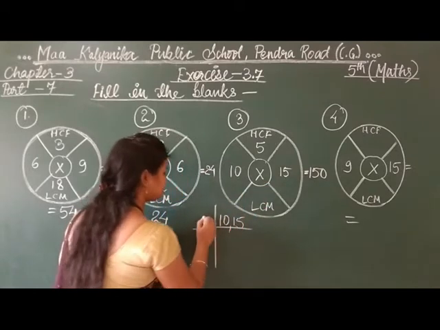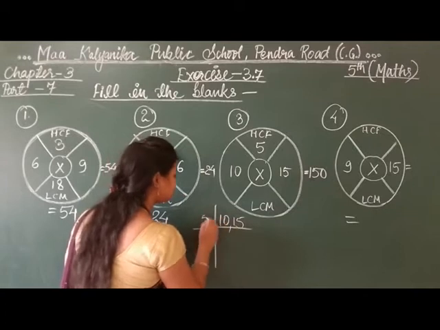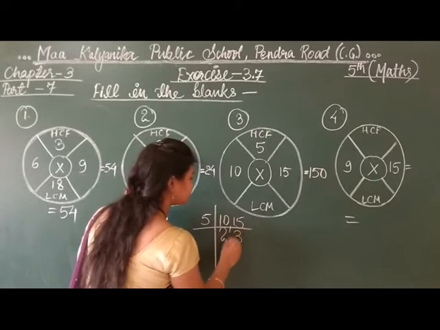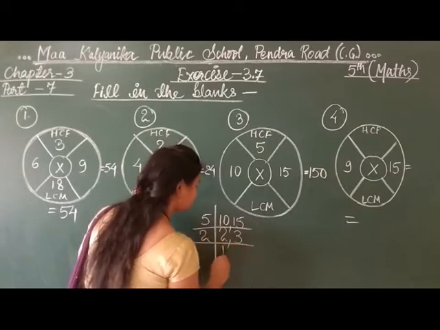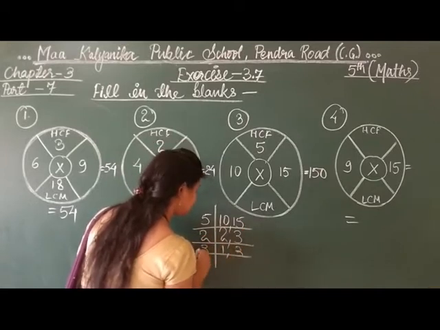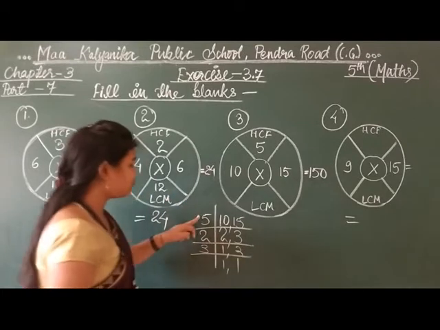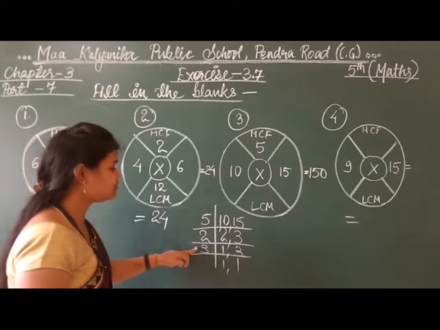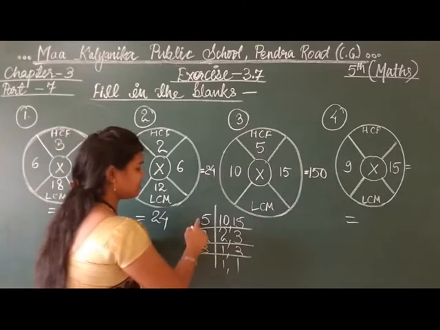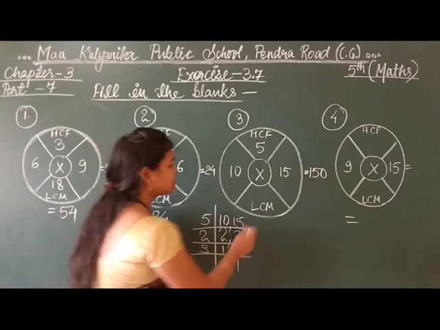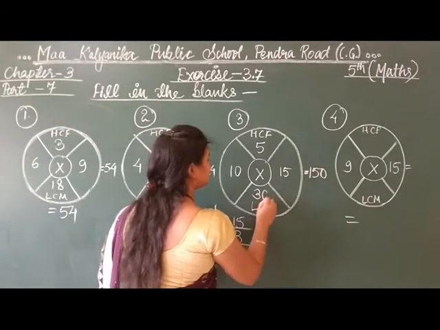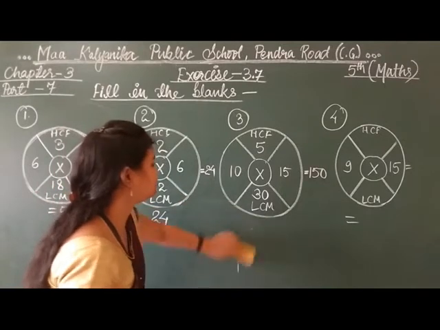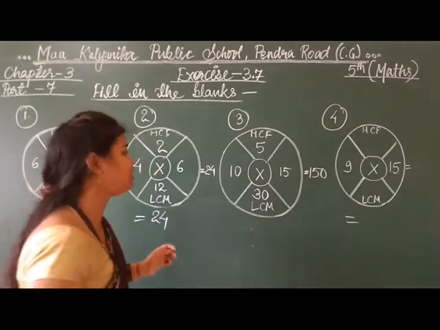Now the short division method. Table of 2 not possible. 3 also not possible. 5 will be there. 5 twos are 10 and 5 threes are 15. Now 2 ones are 2, 3 will be as it is and 3 ones are 3. Now 5 twos are 10 and 10 threes are 30. So if I am writing 30 here, the LCM will be 30. 3 twos are 6 and 6 fives are 30, you can also read it like this.